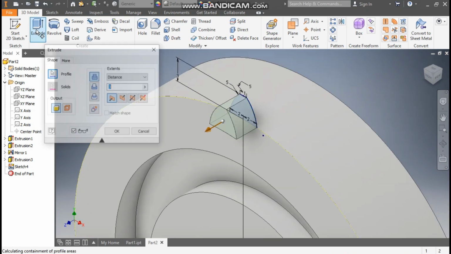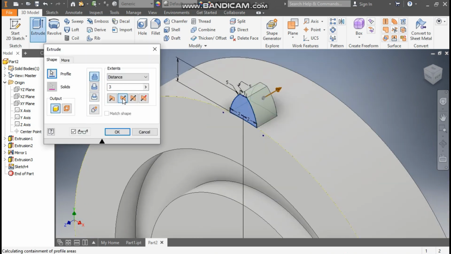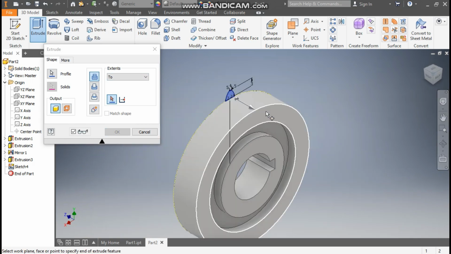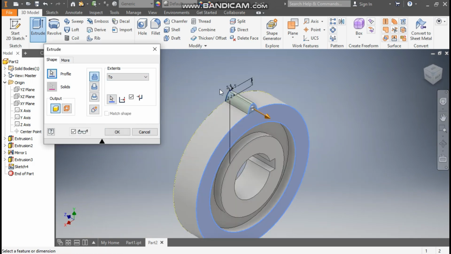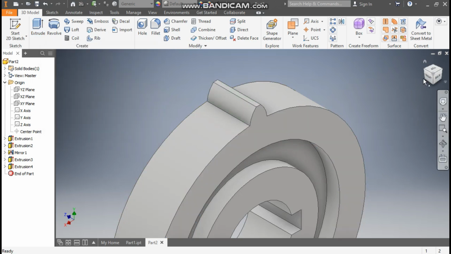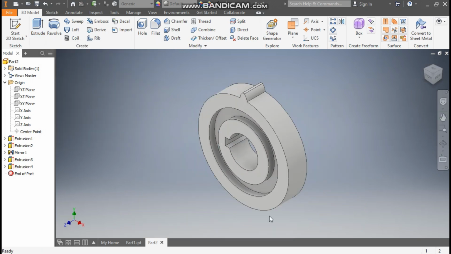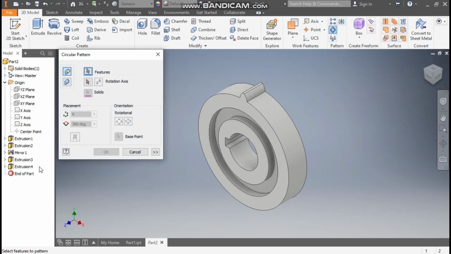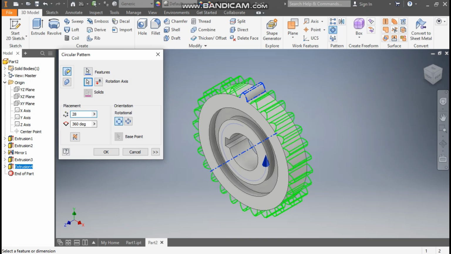Here we'll take extrude, flip the direction and here we will take 2, or you can take 10 mm also, but if you take 2 and select this face, so this extrude will be done up to this face. This will also be a joining profile, and press OK. Home. Now I want a pattern of this. So I'll take circular pattern, select extrude 4, go to rotation axis, select this axis and take count of 28